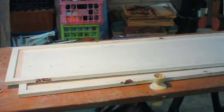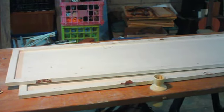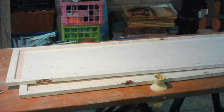Okay, so this is the project that we're going to be working on today. My wife and I are in the process of refinishing an old cabinet to use in our kitchen, and it has an issue. Let me zoom in here for you. It has an issue in a couple of places on each door, like this spot right here, and